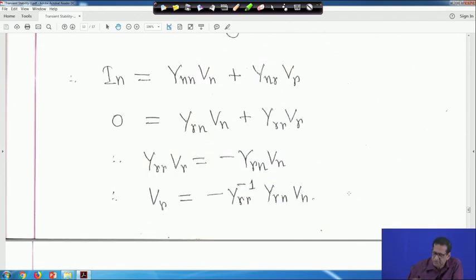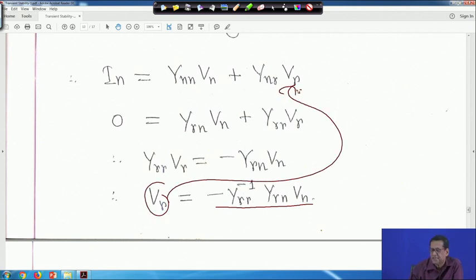So, this Vr you got, this Vr is equal to minus Yrr inverse Yrn Vn you got, and this Vr is equal to this one, you substitute here, right. Then what we will get, if you substitute, you will get In is equal to Ynn Vn minus Ynr Yrr inverse Yrn into Vn, right. If you substitute here,